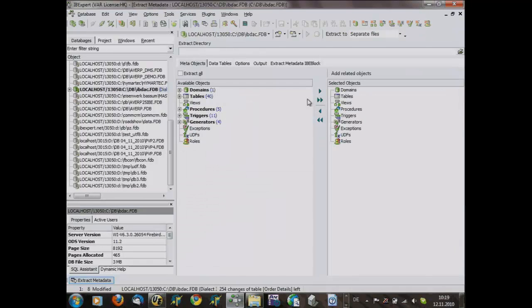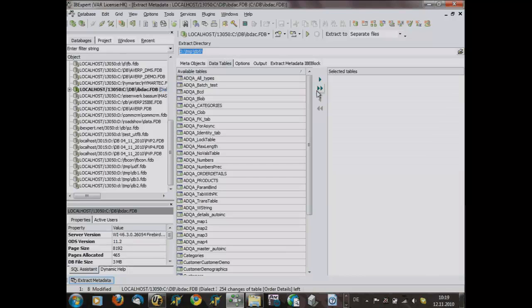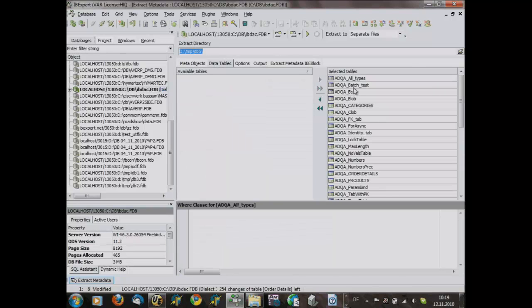I can open IBExpert, extract metadata tool. I extract all. I use the separate file options. I use DTMP DB6 as a target directory. I use all data tables. I can also do a where clause.